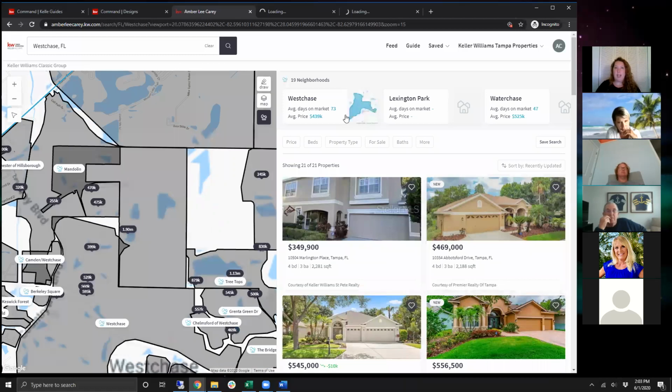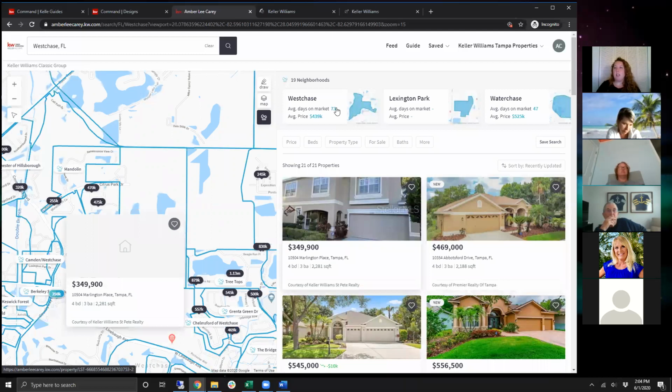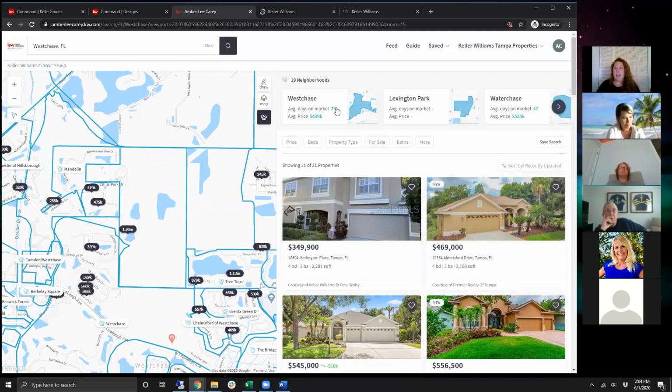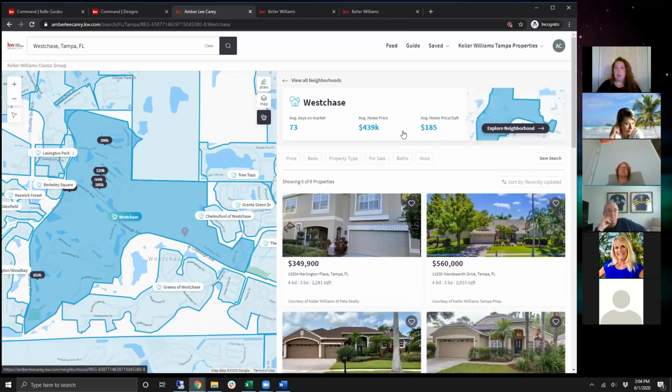And now look up here. You see up here, just by zooming in, I can see more neighborhood lines. Here's the cool part. How many of you have seen the neighborhood snaps either through Kelly or through the neighborhood nurture? They can see neighborhood snaps on your agent site as well. You do have to zoom in to be able to get to those neighborhood markers. I'm just going to click on West Chase right here. I'm going to highlight it. And now look what I've got up top. Average days on market, sale price, and square footage. And if I hit this Explore button,